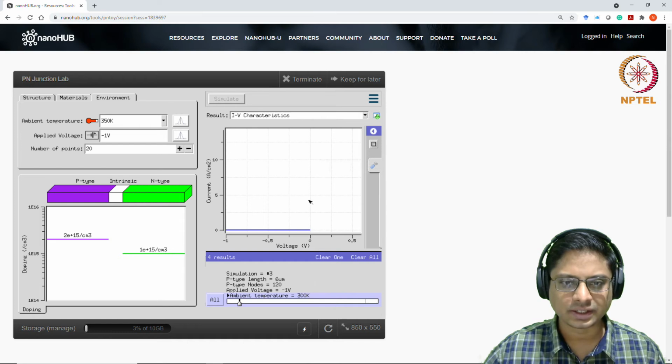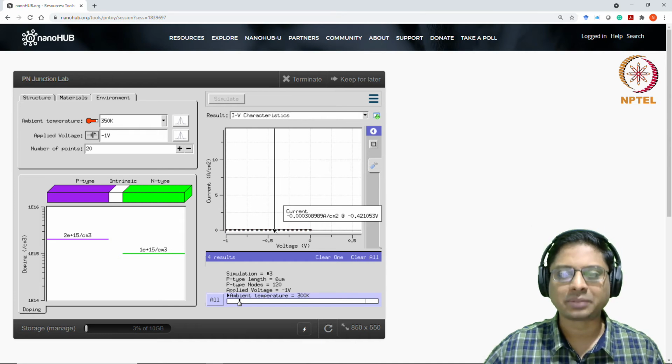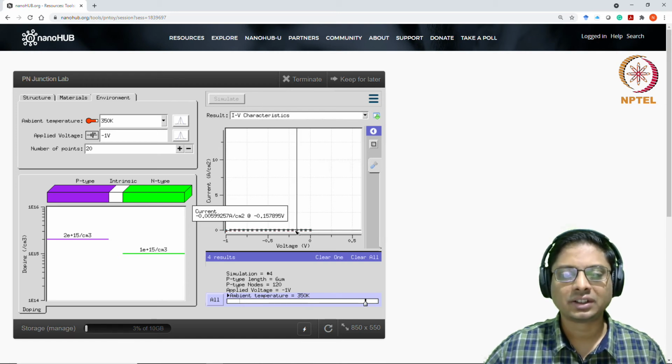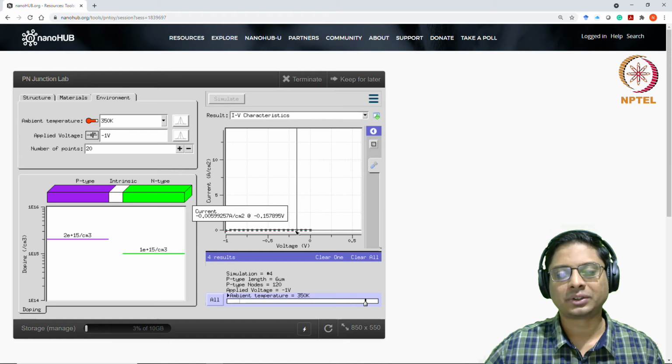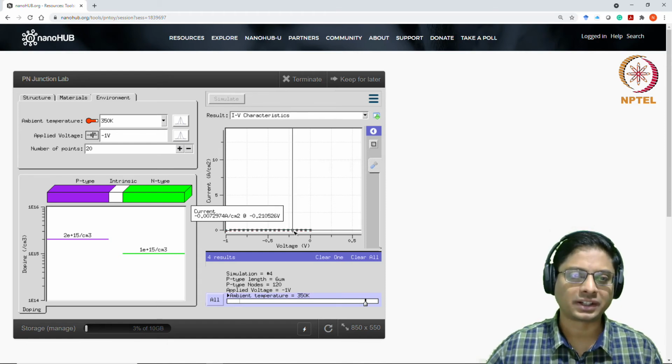Okay, at 300 degrees IV characteristics. Yeah, 0.003. I think you should not take the absolute numbers here. It's quite large, and I'm not sure if the reason is the numerical accuracy, the way we set it up. But at least relatively, you see that this is 0.3 milliamps, and at 350 degrees it was expected to be larger, and it is actually 0.066 milliamps. Okay, so you see that there is a strong increase in the reverse bias current.